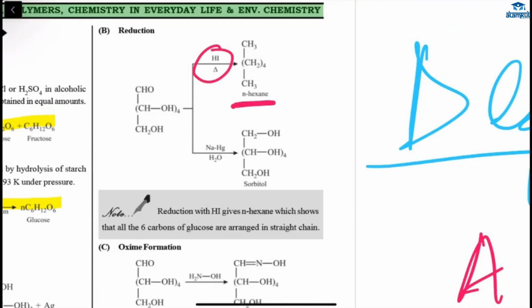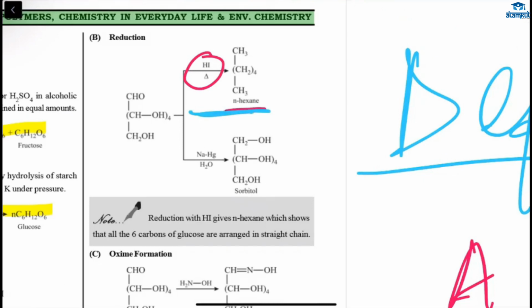Okay, sir. So whenever glucose reacts with hydrogen iodide, it gives a simple chain of n-hexane. There is no branching, no formation of anything else at all. So this particular reaction suggests what? That all the 6 carbon atoms are linked in a straight chain. This particular reaction, the reduction reaction of glucose,